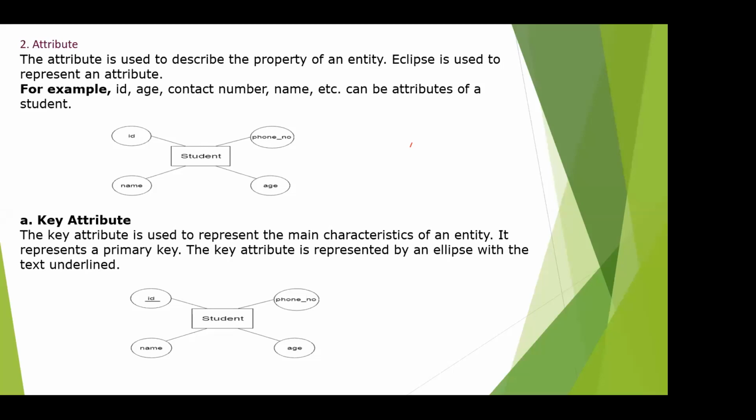Normally this key attribute is used to represent a table, and we avoid redundancy of data, and we relate one table with another table based on this key only. The key attribute is used to represent the main characteristic of an entity. It represents the primary key, and it is drawn as an ellipse with the text underlined. So that is called a key attribute.